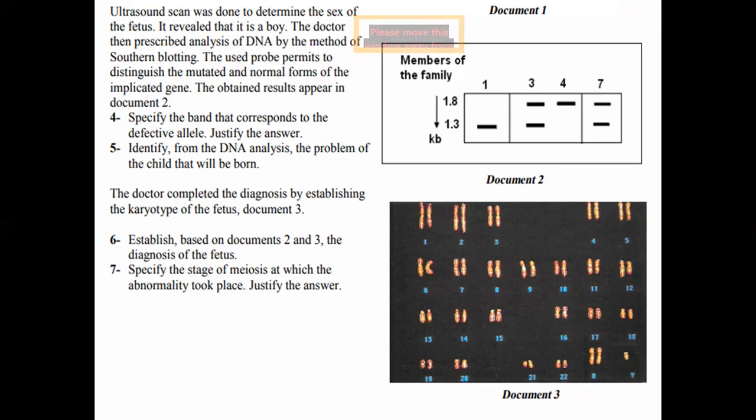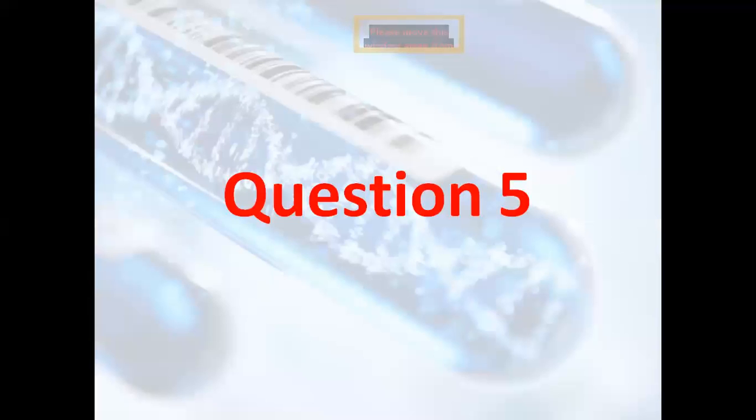But here the surprise was in the case of the fetus: we have two X's and it has another abnormality, which is Klinefelter syndrome, and it's normal. Why? Because it's carrying one band which corresponds to the normal and one band corresponding to the defective allele. So here, this is the explanation of question number 4 for our worksheet. Tomorrow we're going to continue with our question number